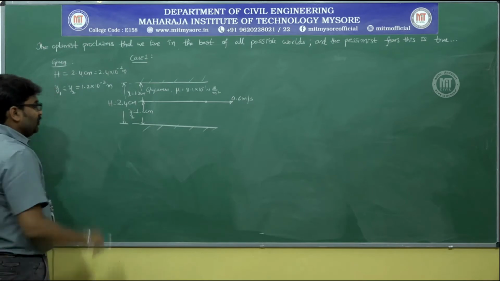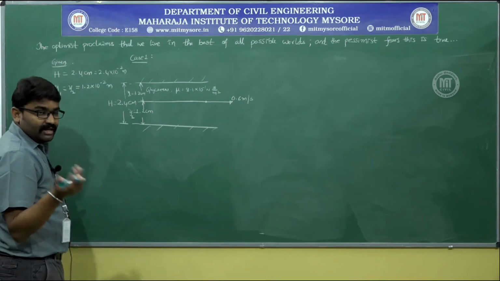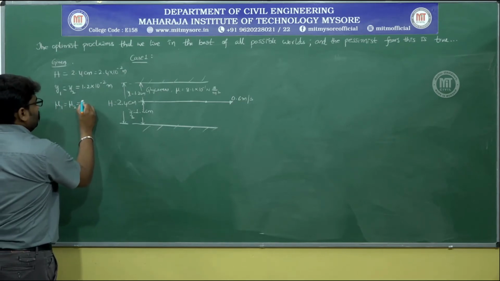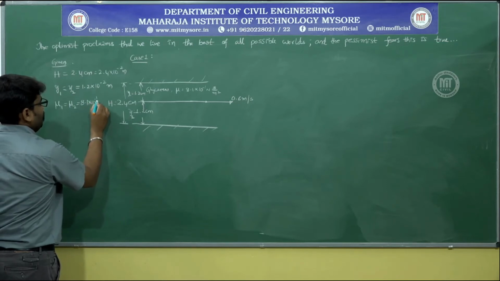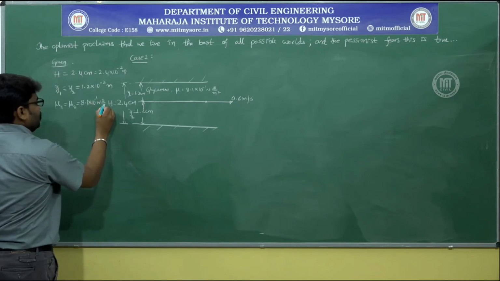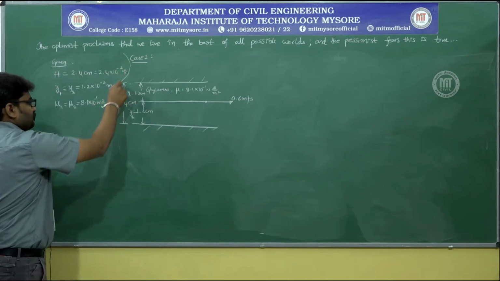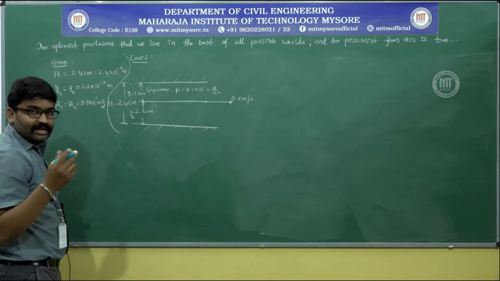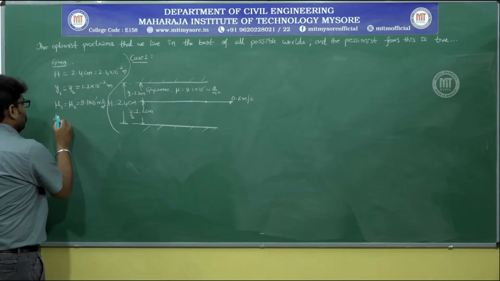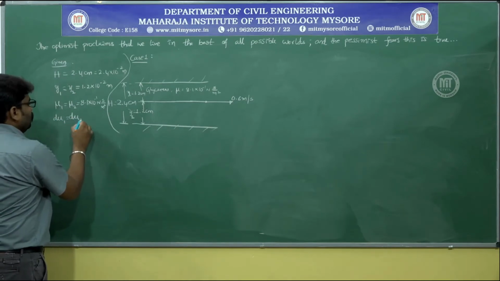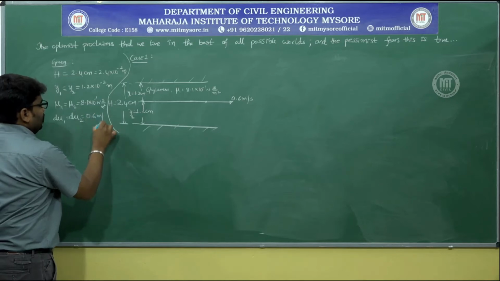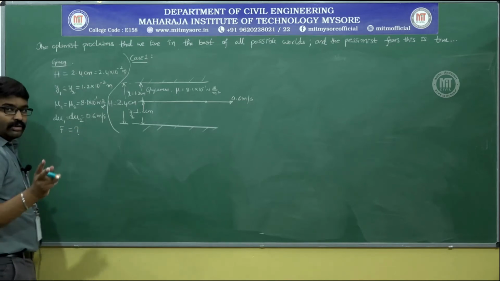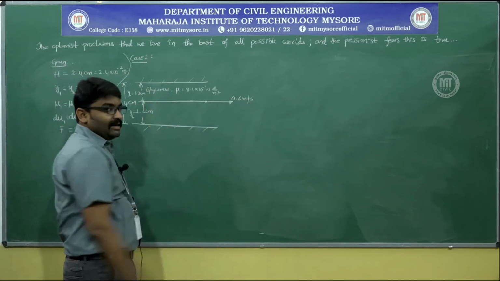On either side of the plate you have the same liquid. So, mu1 is equal to mu2 is equal to 8.1 into 10 power minus 1 Newton second per meter square. And next you have the speed. Speed is represented as du in our equation. So, du1 is equal to du2 is equal to 0.6 meter per second. You need to calculate what is F in two cases. In first case, you have the plate at the center.